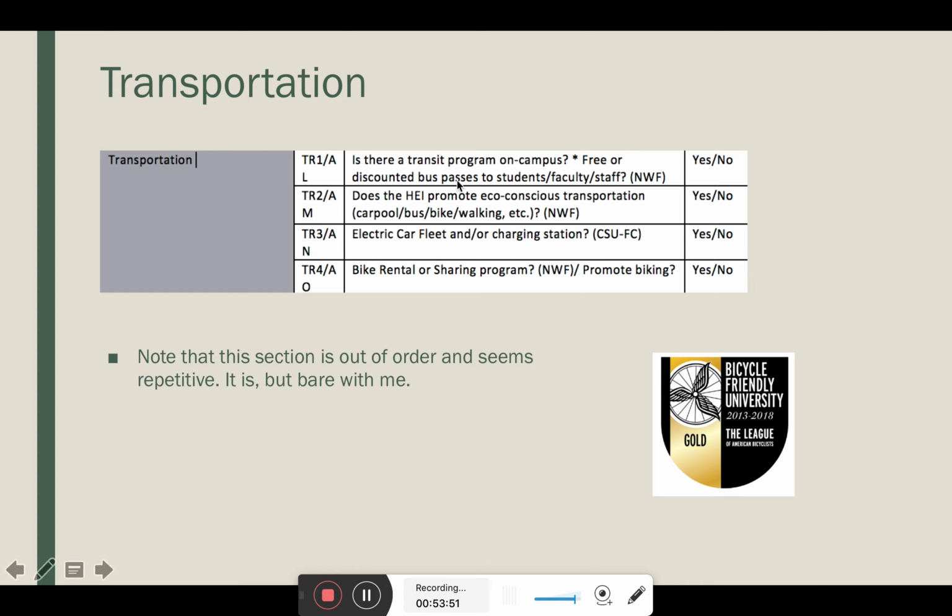But yeah, they have discounted bus passes. That definitely counts. TR2, do they promote eco-conscious transportation? So if they do have an electric car fleet, a bike rental program, or a transit system, that is going to be a yes. But if they have anything else, I just want to know in general, are they promoting eco-conscious transportation? Zipcar is a thing that I did not know about, but since I have been doing my web